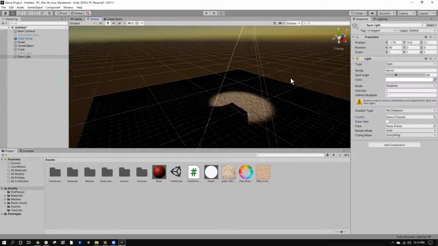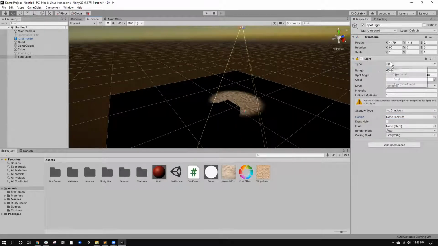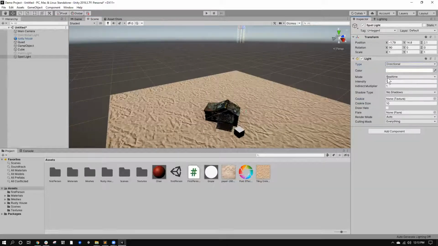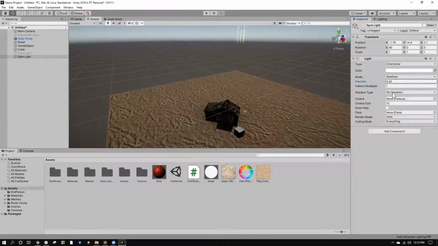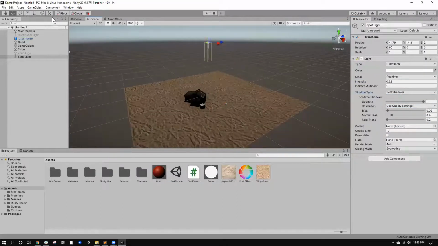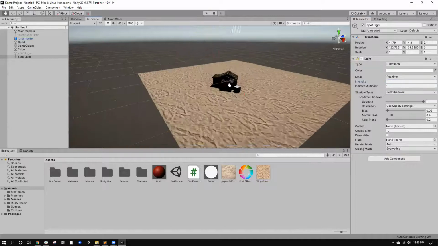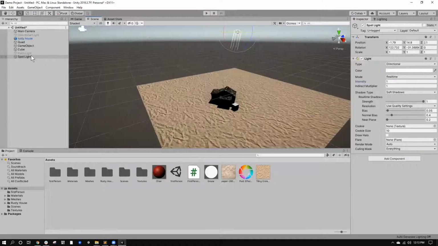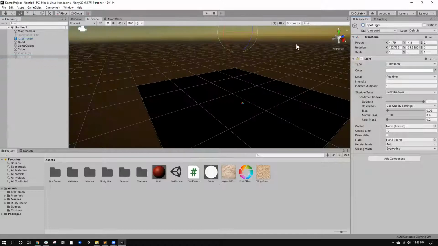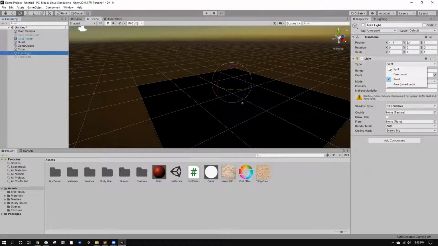So in general, lights have mostly the same settings. The directional light doesn't have range, just intensity. That's because it imitates the sun and it's supposed to light everything in your scene. You can change the shadows. So no shadows is the fastest to render, but soft shadows probably looks the best. And this affects the lights based on its angle as well. We'll increase the intensity just a little bit. Our point light